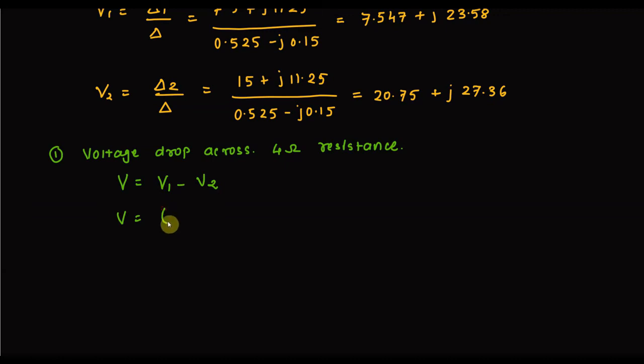You already have these values: 7.547 plus j 23.58 minus 20.75 plus j 27.36. You can write V2 minus V1 also. Both are correct. No problem. When I solved this, I got